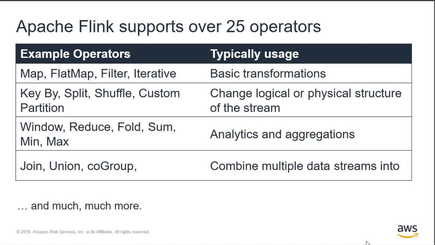The most important operators to call out here, aside from the most basic ones like map, are key by, which allows you to partition a stream by a specific key. So as an example, you might be reading a data stream from Amazon Kinesis Data Streams, and say you're writing IoT data to that data stream. You might want to organize processing by a specific sensor ID or even a sensor type. You can specify that in your key by, and then all data associated with that key will be sent to the other downstream processing. This allows you to improve the efficiency of your application, as well as just allows you to perform different types of analytics, such as group bys or windows.